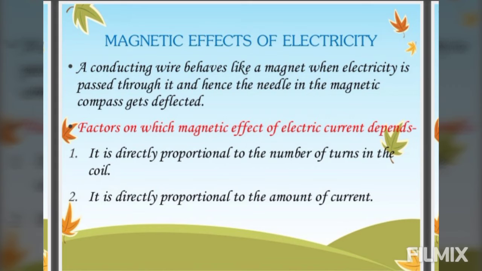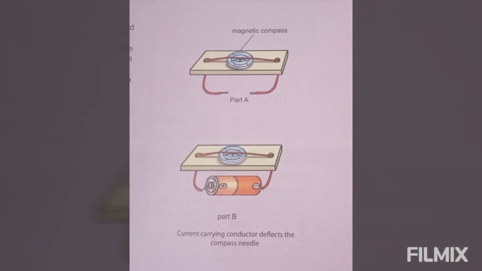In other words, the current carrying conducting wire produces a magnetic field. And this magnetic field increases with the intensity of the current. As we increase the intensity of the current, the magnetic field increases. The magnetic field is induced at right angles to the direction of the flow of the electric current. To show the effect of the magnetic field in an electric current, we will perform an activity. For what we will do?